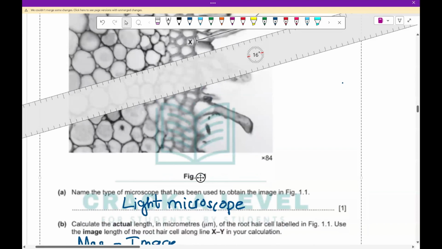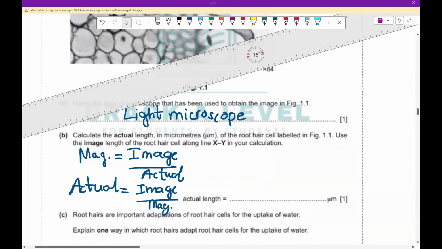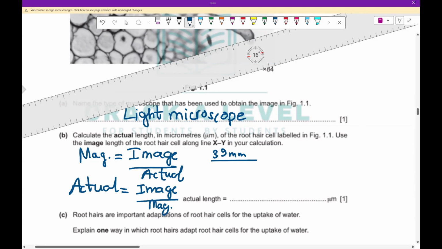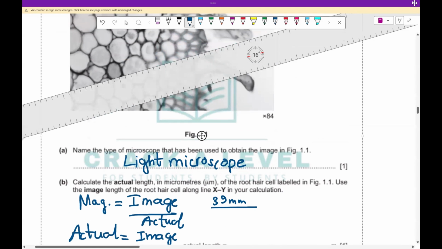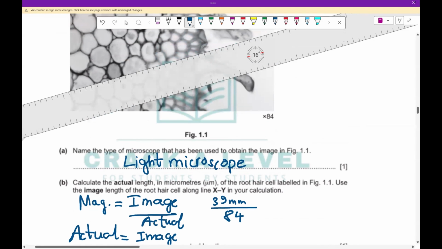According to the mark scheme I just checked, it's around 39 millimeters. So the image is 39 millimeters and the magnification is 84, so divide 39 by 84 and you get 0.464